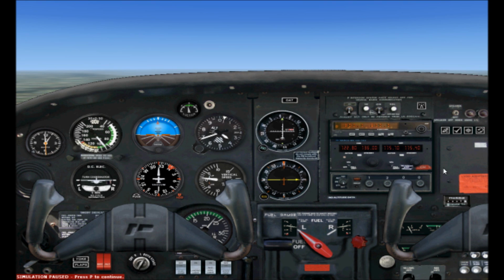I'm going to pause it just for a second so we can see that we are just a little bit more than on the 060 radial from Palm Beach. Well, actually, we're about the 245 radial from Palm Beach. So we're going to look at our sectional chart in just a minute, and we're going to draw that line. So we'll remember 245 from Palm Beach, and I'll unpause it now, and we'll switch our NAV1 frequency to the